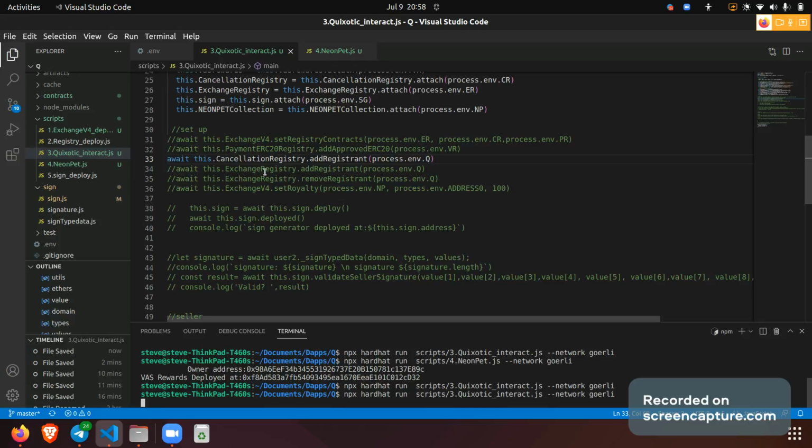So for exchange, I checked, and it is not necessary for us to have the exchange as a registrant. So I set it and then removed it. Also, it is not necessary for us to set the royalties. So at this point, we have everything set,